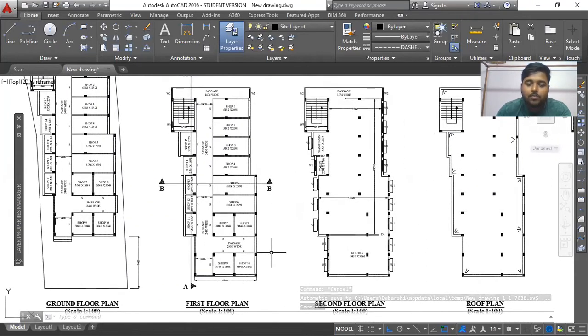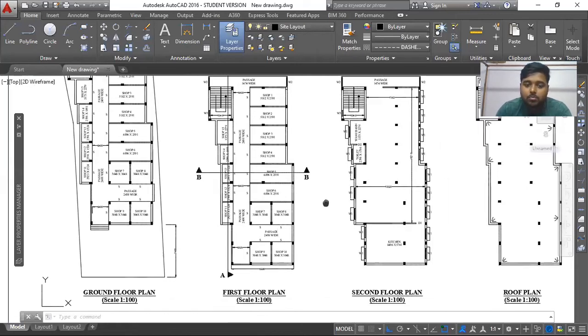Printing a plan will cost you 5 rupees, so there is no problem. Just at least print something, because what is the purpose of this particular internship? To make you able to deal with the real world, right? You will not submit your drawings in DWG format. You'll print it and submit it to the client. So print it. This will be your first attempt, and see whether the plans look exactly how you wanted. That's where you'll become professional, or at least move one step forward.